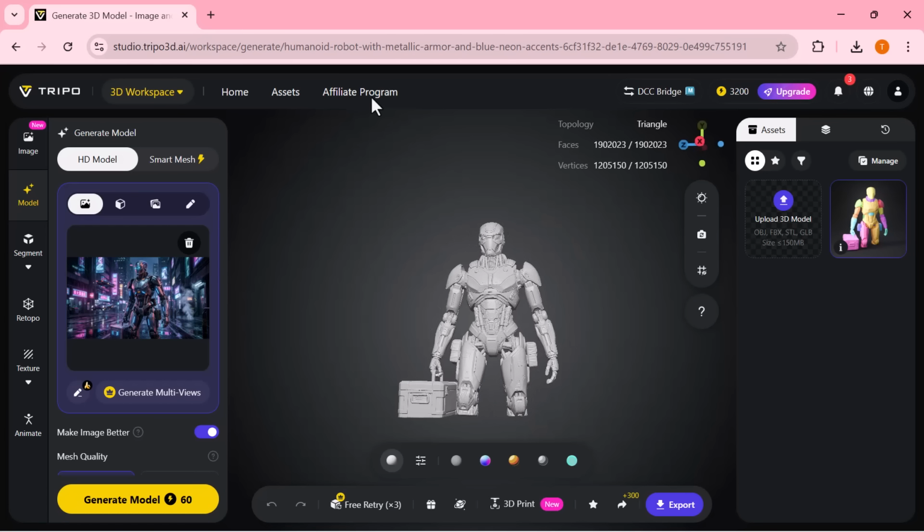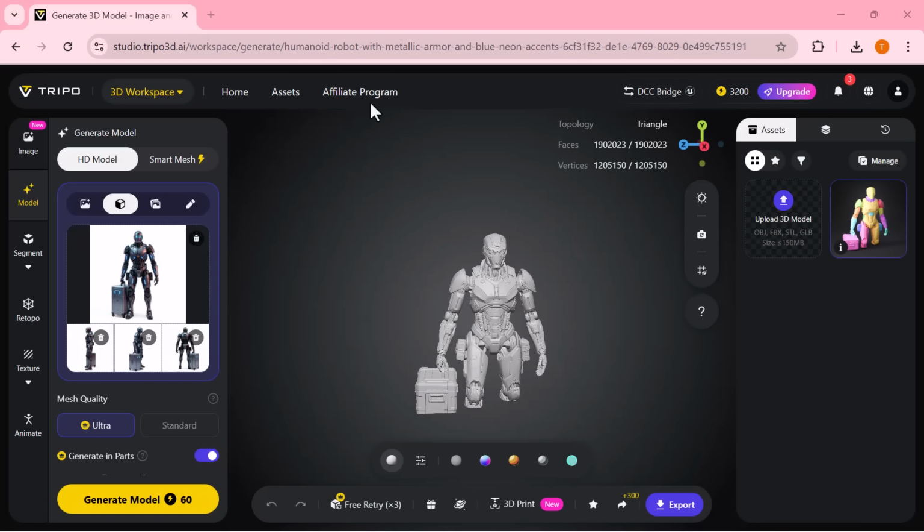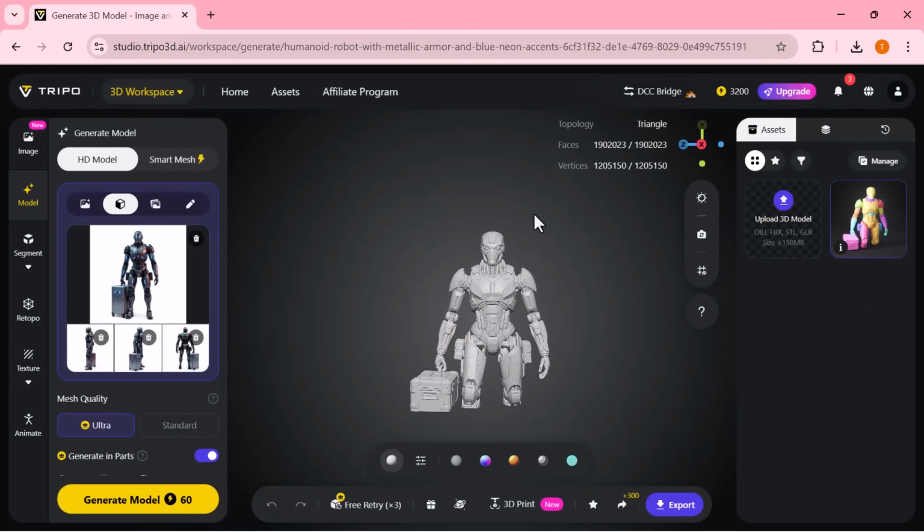Now, another powerful feature here is multi-view generation. With just one click, it can generate multiple perspectives of the same model, which helps improve accuracy and gives you more control over the final result. And if we look at the topology, you can see the number of faces and vertices, which shows how detailed